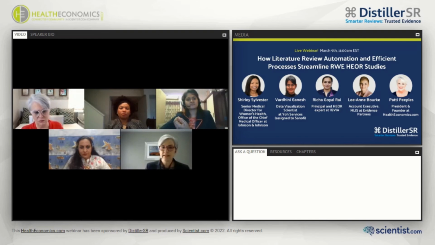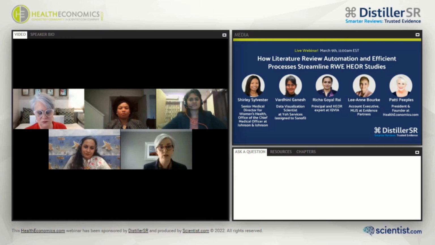And the other thing is that the reviewer is more efficient with some little tools and big tools that are in Distiller. The one I'll mention is keyword highlighting. So when you set up your workflow, you can highlight the keywords that are most important, which means that reviewer can see very efficiently the word they're looking for. If they're looking for RCT or randomized control trial, it's going to be in pink. They're going to see it. It's going to improve their performance and make sure they're not missing the key things that might determine inclusion or